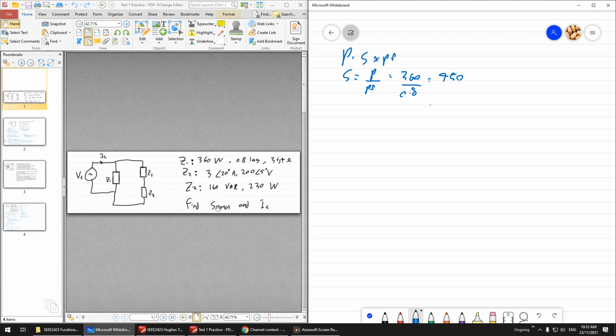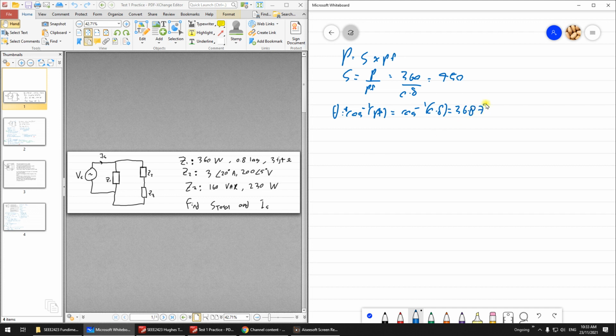So this one is the complex power. Okay, so this is complex power, so you have to know what is the theta. So theta, of course, theta is cos⁻¹ PF. Okay, and because this is lagging, this is plus. Okay, if lagging is plus, leading is minus. So make sure you know that. So because this is lagging, just plus. Okay, theta is cos⁻¹ 0.8. So you get 36.87